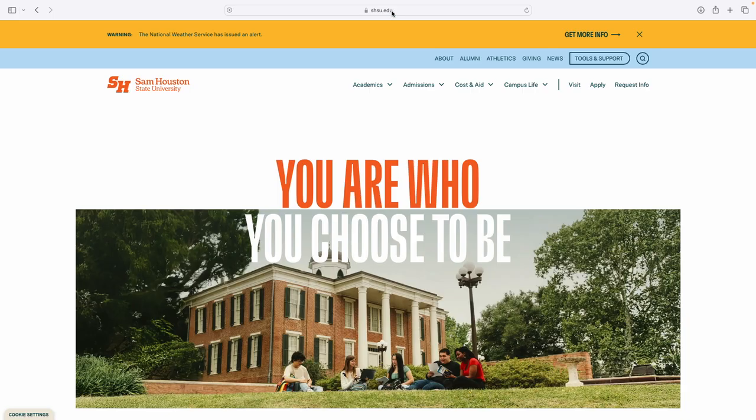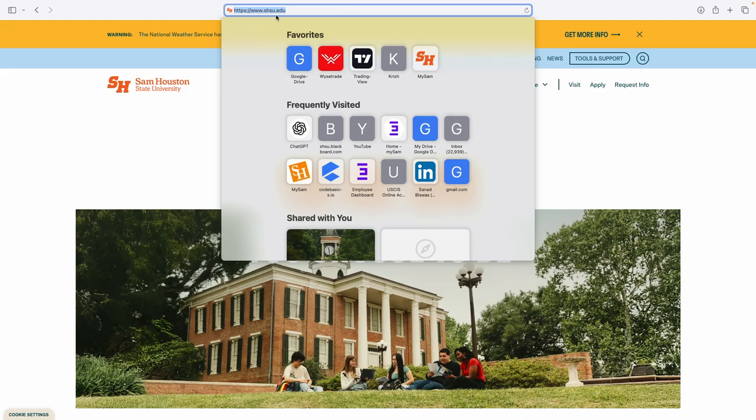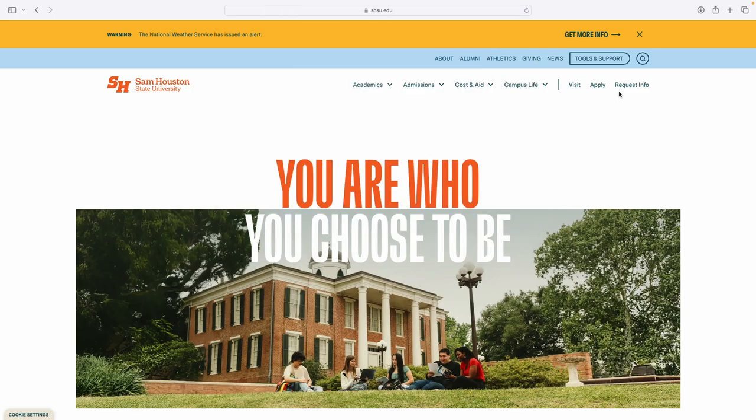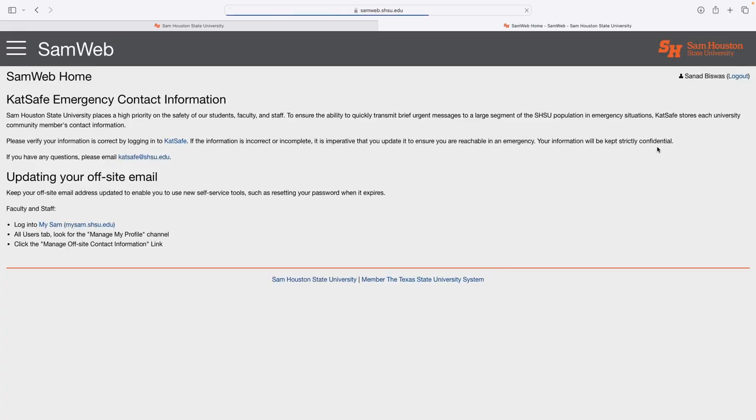And we can download this software from Sam Houston Resources. And to do that, you have to visit our homepage, which is www.shsu.edu, and from that you have to go to tools and support. So click on tools and support, and then you have to go to SamWeb,